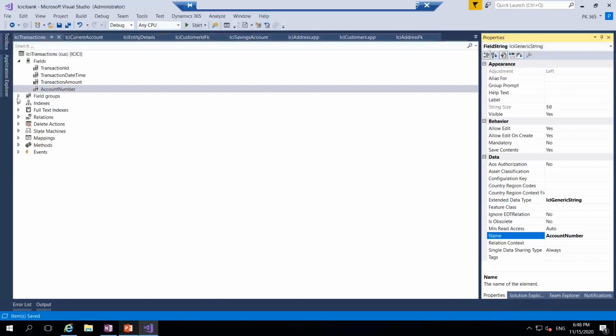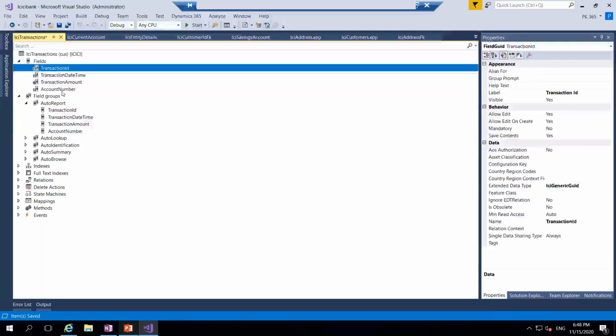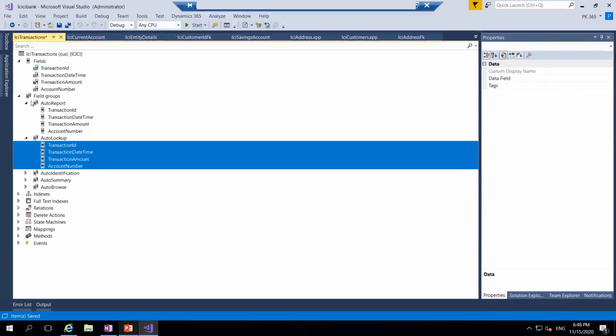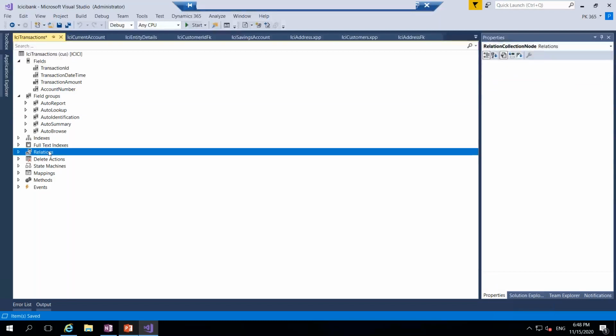Now, if you want to add the field groups, you can add a few of them. You can drag and drop. And then if you want to add an index, you can add one for the transaction ID. And then relations. Now we will come back to the relations. So before that,